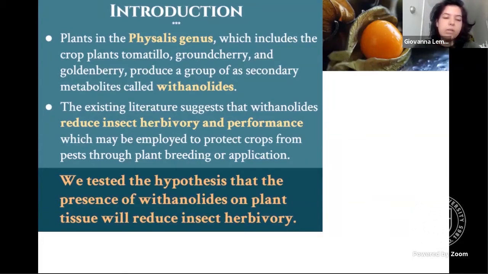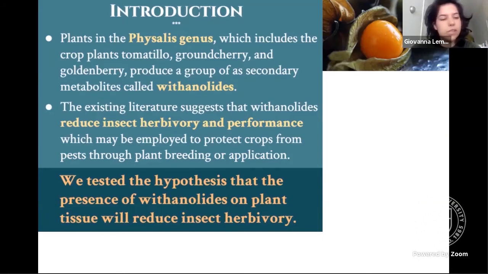Withanolides are primarily produced by members of the Physalis genus, which is in the Solanaceae family. It includes the crops of tomatillo, ground cherry, and goldenberry. If you haven't really heard about these, I wouldn't be surprised because they're not really grown in New York, and this research is part of an effort to make the Physalis crop plants more popular among local farmers to increase